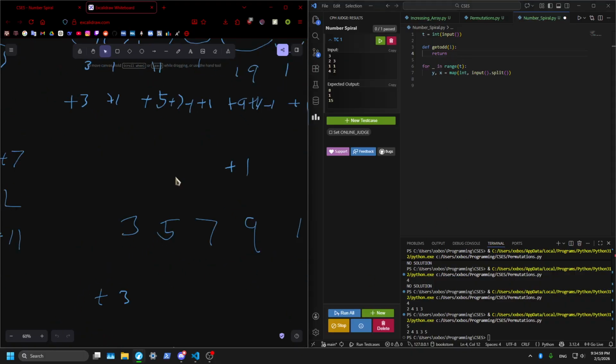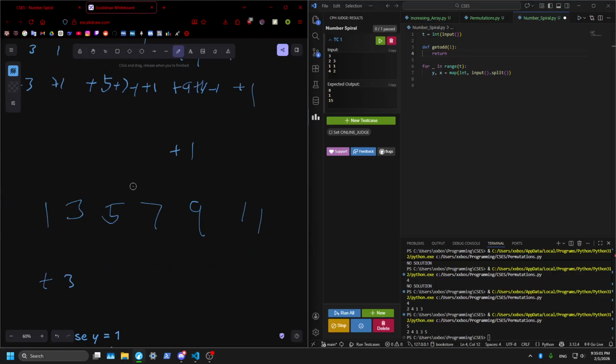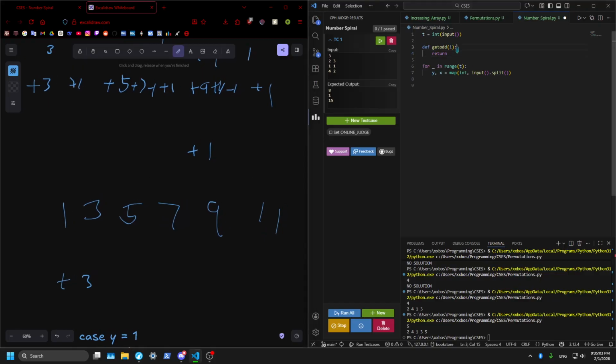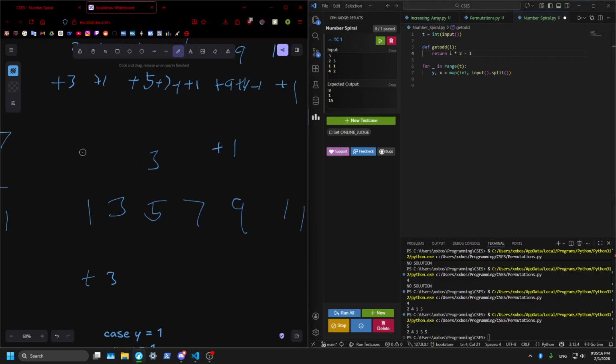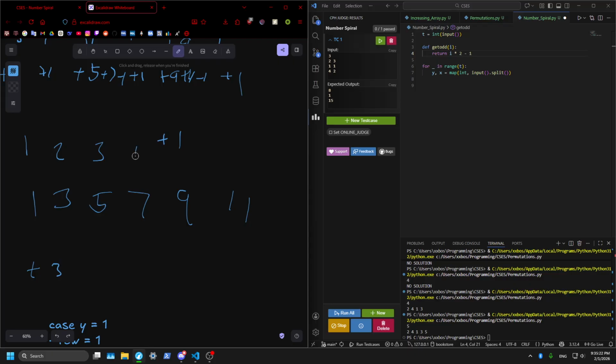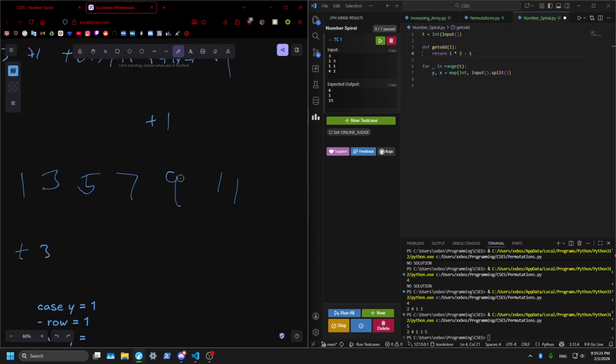It's 1, 3. Technically, it's 1, 3, 5, 7, 11. We return if I want the third index, 3 times 2. I times 2 minus 1. So if we want the first index, 1 times 2 is 2 minus 1. Second index, fourth index, okay, yeah. So we have this getOdd function, and then